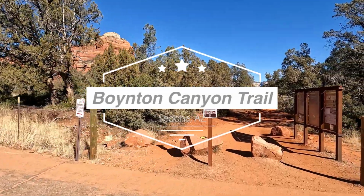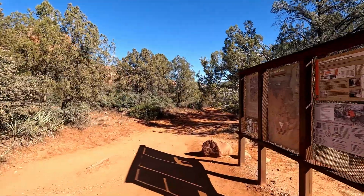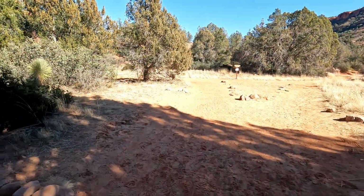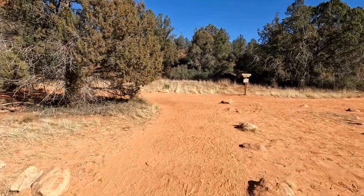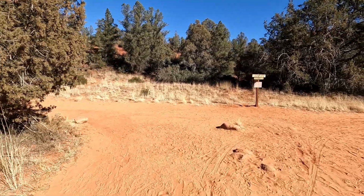We are hiking Boynton Canyon Trail today here in Sedona, Arizona. To get to the trail, you will take Dry Creek Road north on the west side of Sedona, continuing till it turns into Boynton Pass Road. You will hit a T in the road, you will take a left, staying on Boynton Pass Road, and then you will hit another T, and you will take a right on Boynton Canyon Road, where you will reach the